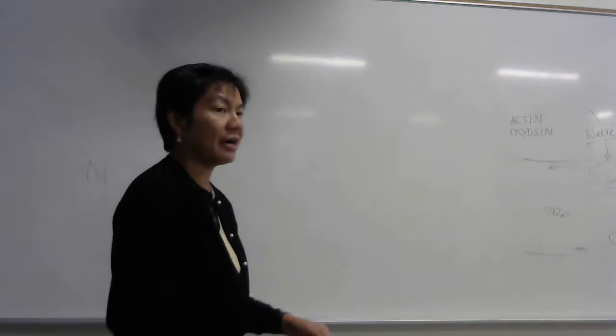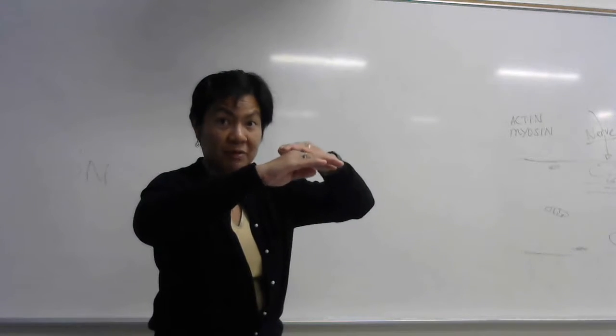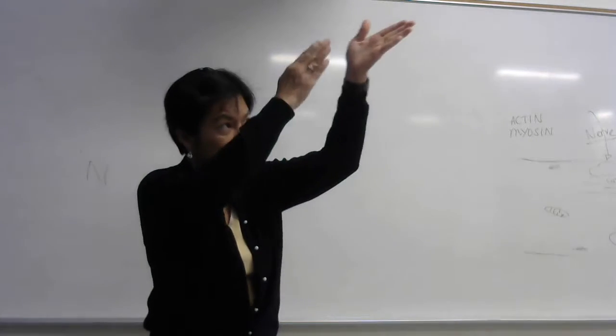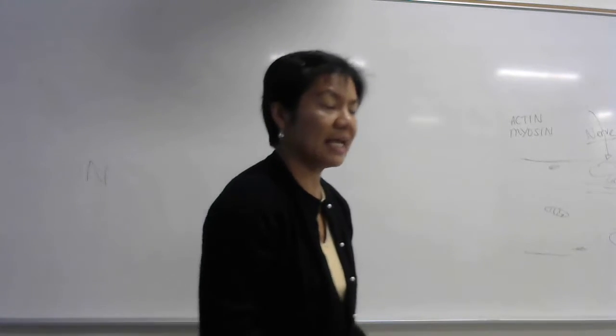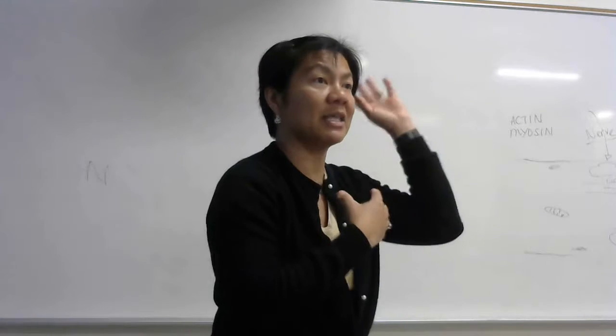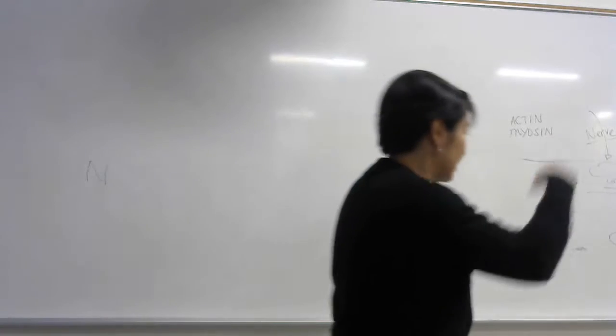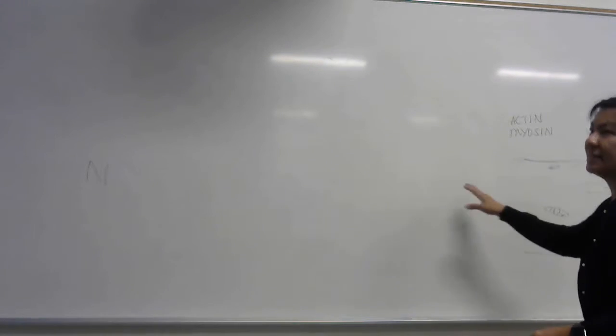Remember the pacemaker of the heart. Remember I told you that the origin is the SA node, then the SA node to the AV node. In other words, if the SA node fails to fire, then the next one takes over, right? That's their job. It's like if the dad is deployed, the mother takes over. Then if the mother is somewhere else, the eldest does, so they just take turns, okay? And then